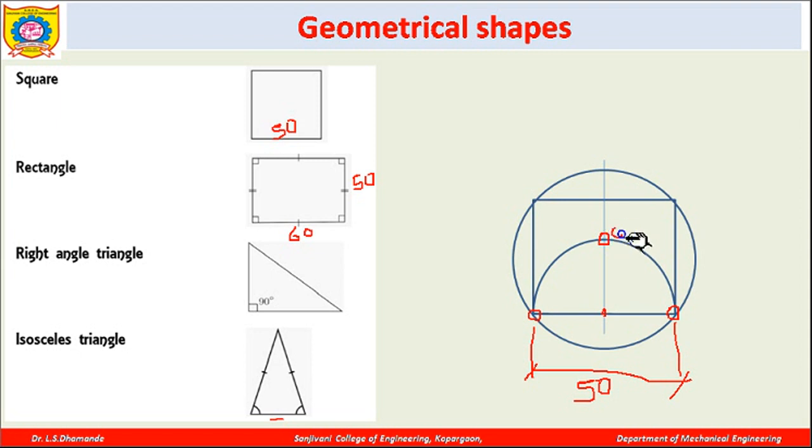Now with this C1 as a center, and this much as a radius, I have to draw one circle. So I will get this particular circle. Let me write this A here. So C1A is the radius, and I am going to draw this particular circle here. And now on this circle I will take the distance of this AB in my compass, and then I will intersect this line over here on this circle. From here I will again keep the center of this compass over here and make another arc, and from here again I will make another arc. So I will get these 4 points. Once I join these, I will get this particular square.